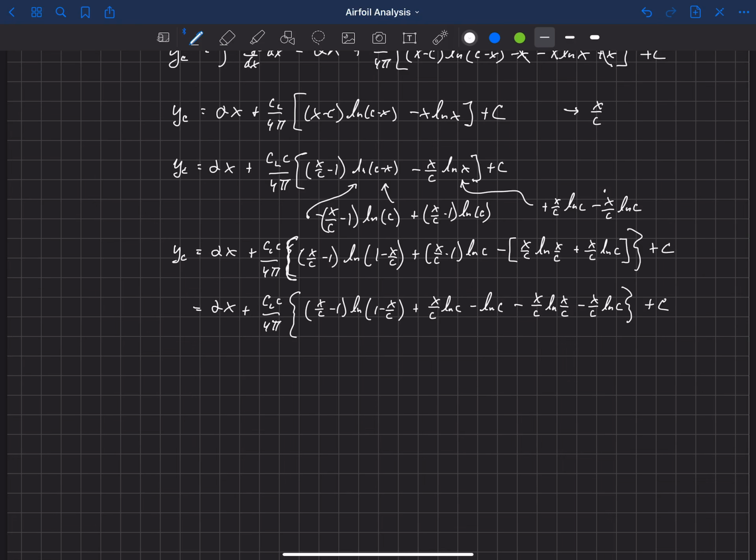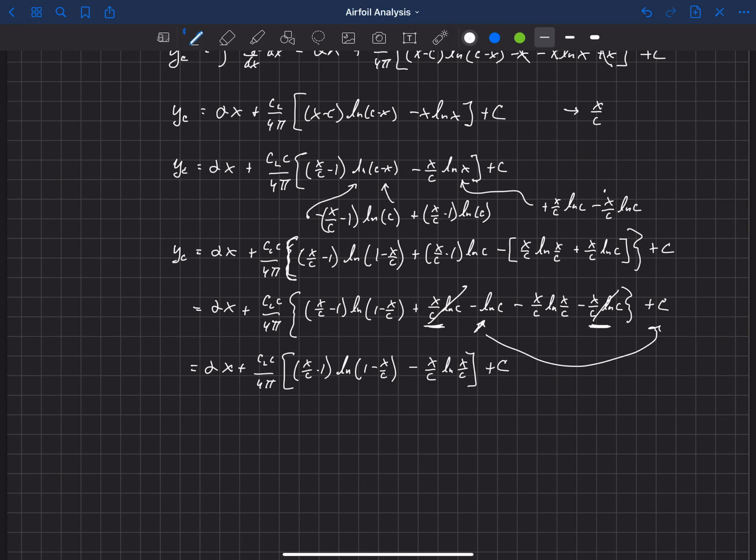All right, so now we've got a plus x over c natural log of c and a minus x over c natural log of c, so those two will cancel. And then this minus natural log of c is actually just a constant again. So I'm going to bring that out and add it to my C out here. And so now we've got alpha x plus C, CL over 4 pi times x over c minus 1 natural log of 1 minus x over c. And then all that's left in here is a minus x over c natural log of x over c